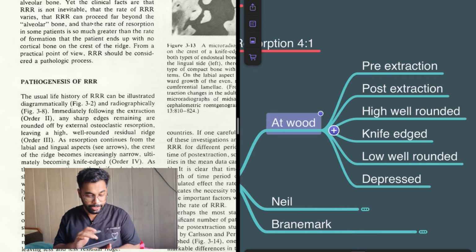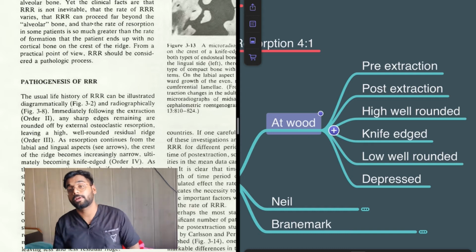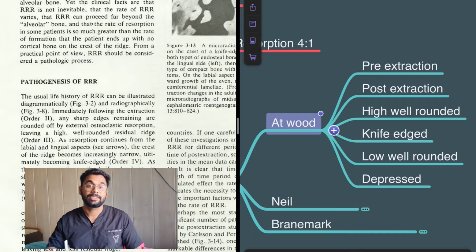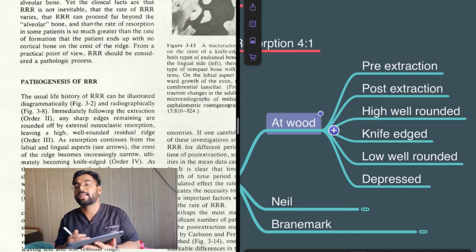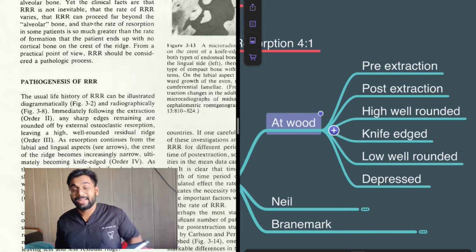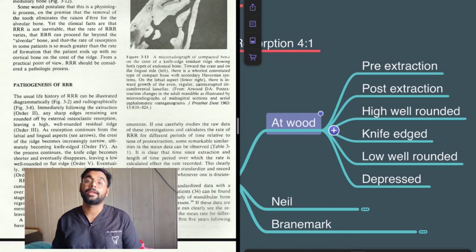What is that? That is, anyways, RRR is chronic. RRR doesn't happen overnight. Residual ridge resorption doesn't happen overnight. It takes time. It is chronic. It is a progressive disease. It progresses into something. It has a protocol to progress into something. It has a pattern. It doesn't randomly pop up. It doesn't happen overnight. Okay, so it is irreversible, as we know, of course, and it is cumulative.